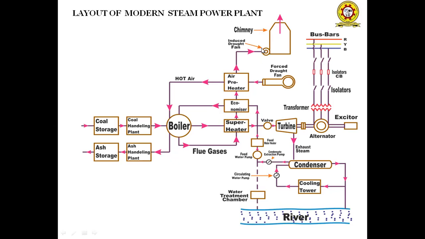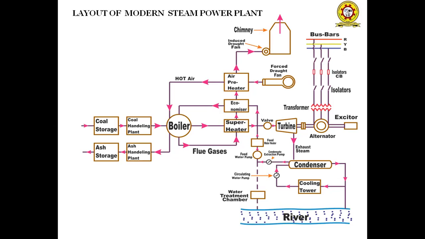Here we are using an external source, that is an induced draft fan, for removing the hot flue gases. So this is the order of the flow of the flue gases. And the air entering into the boiler is in this order. The air preheater is used to increase the temperature of the air. So the basic two units which are used to increase the efficiency of the steam power plant are the air preheater and the economizer. From the air preheater, some of the hot air enters into the boiler, which increases the efficiency.